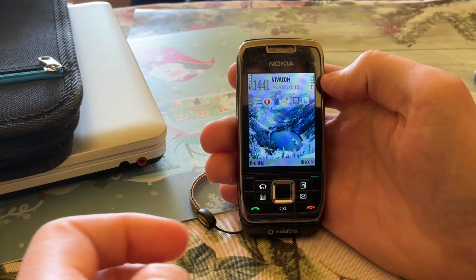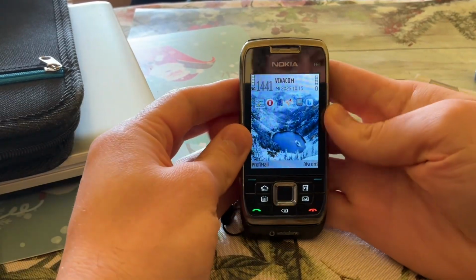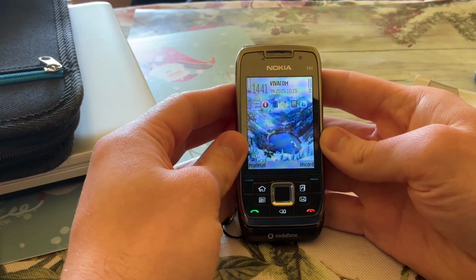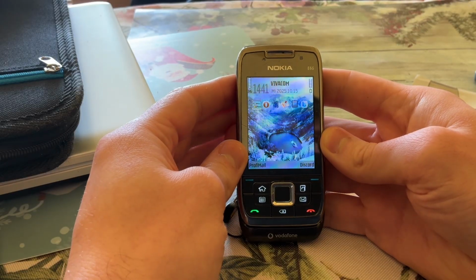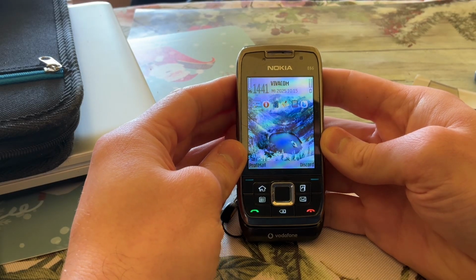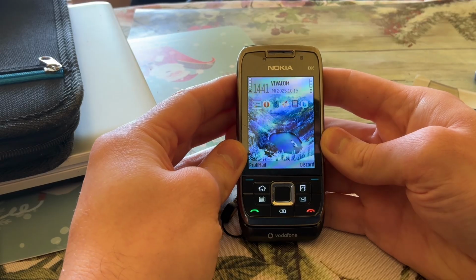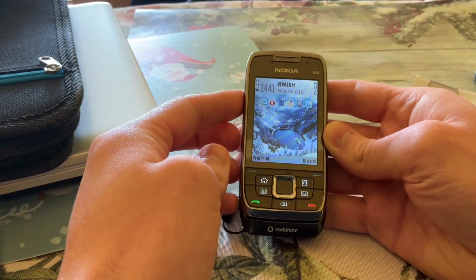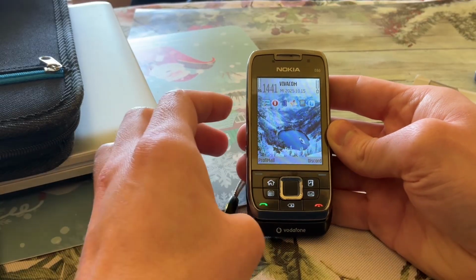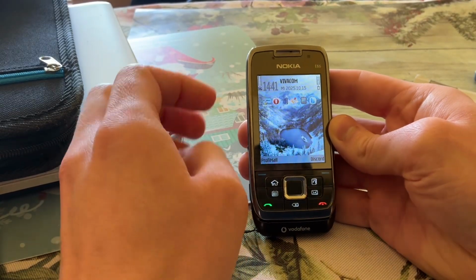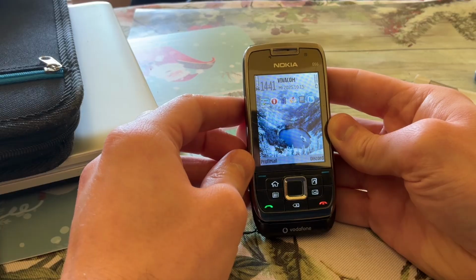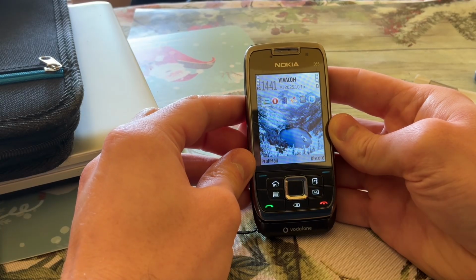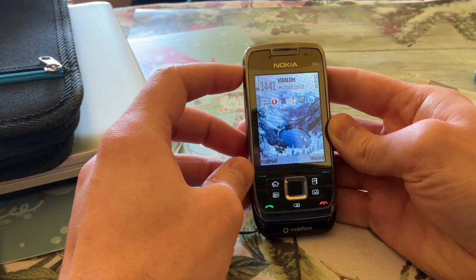Hello, today I will show you how to set up SIP, voice over IP calling on your Nokia Symbian phone. And for this example, I will be using my beloved Nokia E66. I already published a video on how to do this using the Nokia E72, but this is a slightly older